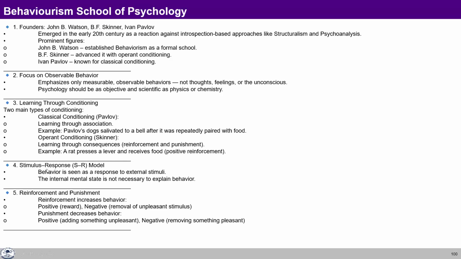So a stimulus-response model was given. If this stimulus comes, this would be the response. If the bell rings, the dog starts salivating. If the lever is pressed, the rat gets food. And this is something that we can see within ourselves also. Let's say tea is coming to your office. Even though the tea is not meant for you, you start salivating. Does it happen? We are hopeful that the tea may come to me also. So they did experiments on animals, and that may somewhat apply to human beings also.